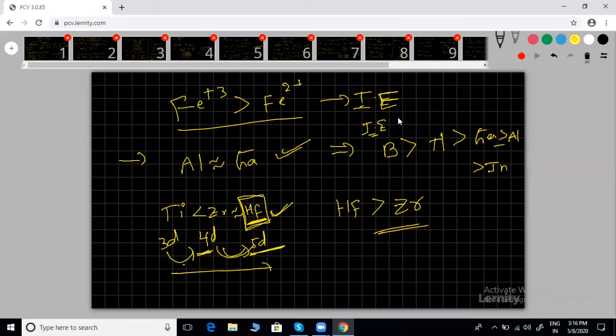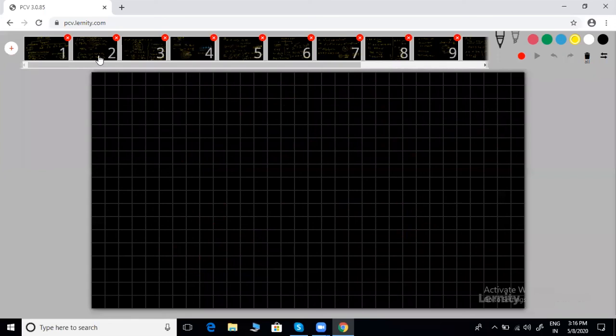So across the period, ionization energy increases, correct? So higher the ionization energy, we can have some applications. These are applications of ionization potential. We can move very fast on this. So which one has low ionization energy? Low ionization potential means we can supply less energy and remove electrons. Means those have high metallic character. Higher the metallic character.